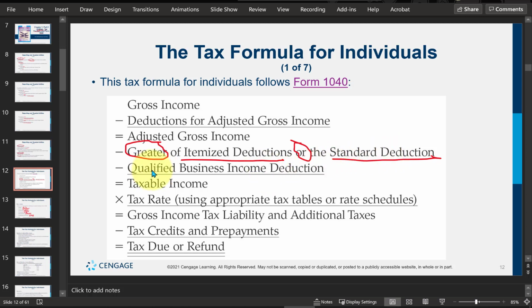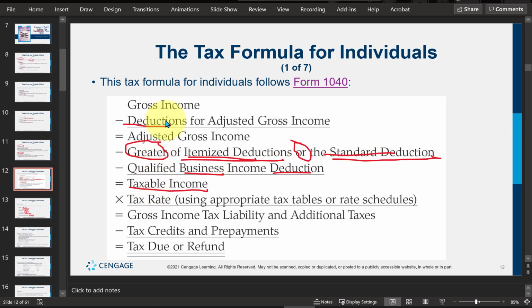Another deduction here is called qualified business income deduction. Because it's business related, we will save that topic for next semester in our Accounting 137 class. So we deduct deductions up here, deductions over here or over here, and again over here to come out to this line called taxable income. Now, it's important to deduct them in this certain order. Deductions up here for arriving at adjusted gross income, and then itemized or standard deduction to get the taxable